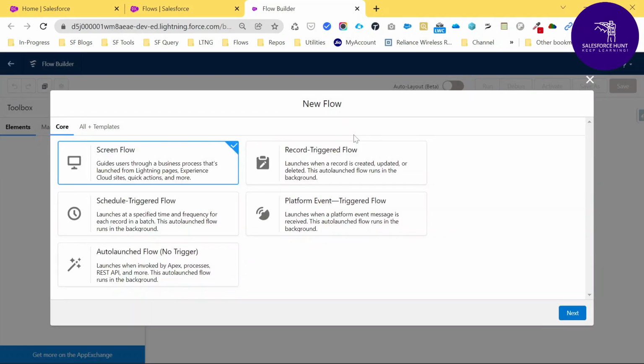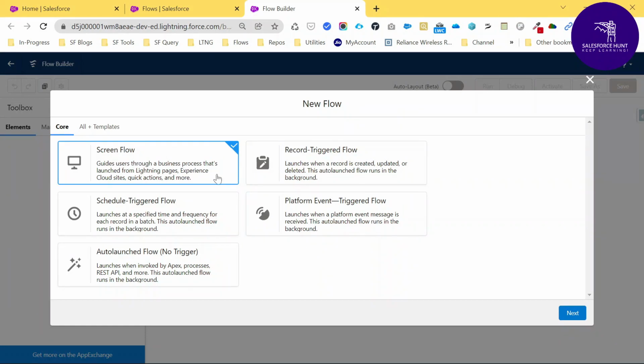Once you click New Flow, there are many types of flows here, like screen flow, record trigger flow, schedule trigger flow, platform event trigger flow, and autolaunched flow. If you don't know about all of these, you can watch my previous video about flows in Salesforce. For now, let me explain ScreenFlow with Aura component.